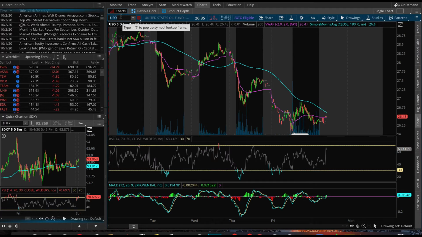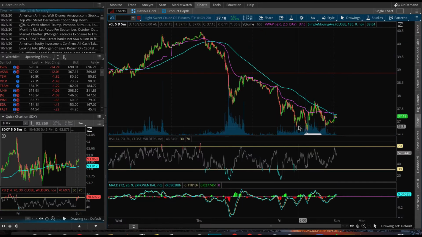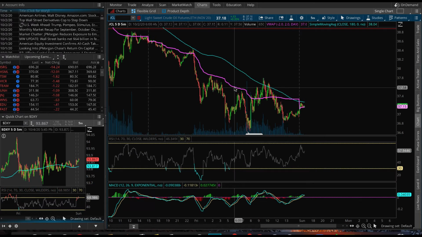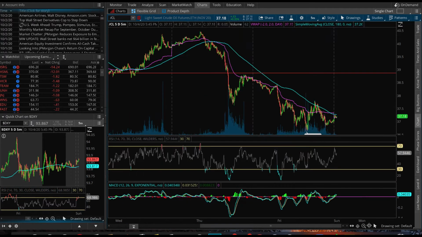The ticker I like to use for oil, I'll show you right here, is /CL. We opened up about 45 minutes ago. The market opened and we're bouncing up to this SMA. Nice little short there. Already showing some resistance here. You can see on the 5-day, 5-minute chart, the simple moving average, we've shown lots of resistance to it: once, twice, three times, now four times. So the ceiling is not too high for oil right now.